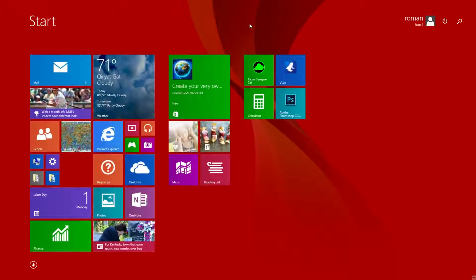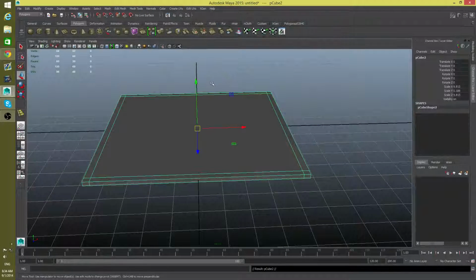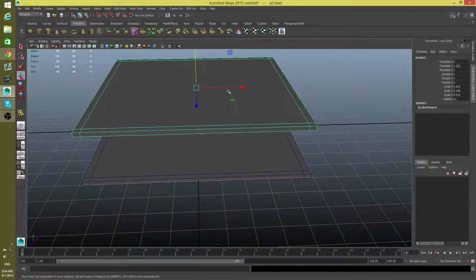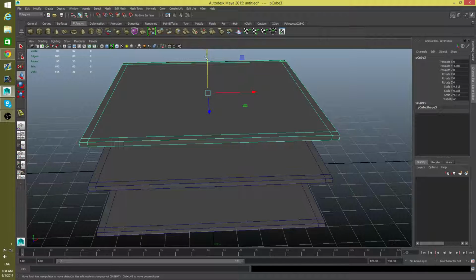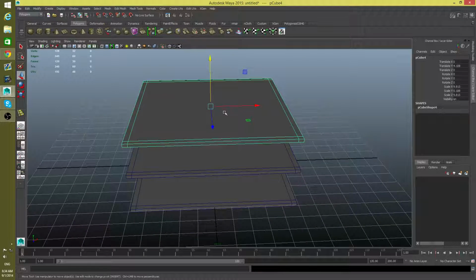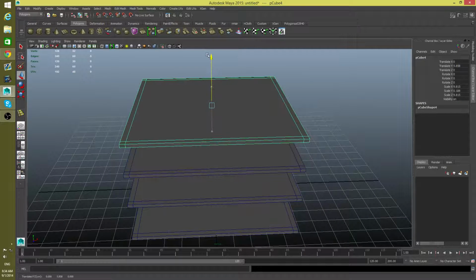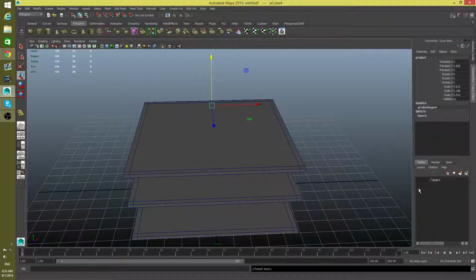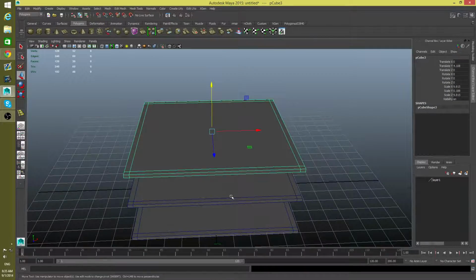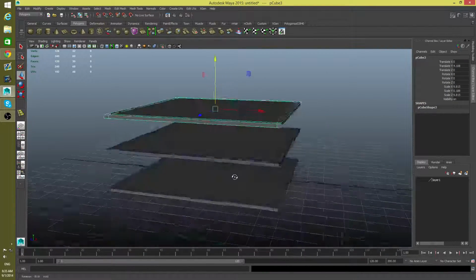So, sorry, Control D to duplicate this thing, move it over here, Control D again 3 times, and I'm gonna do one more, and I'm gonna save this. I'm gonna make sure it's selected. Here in the channel box, open it, click on this layer and save it there, but it's already at this layer, so simply hide it, okay, so it won't interfere with your other things in the